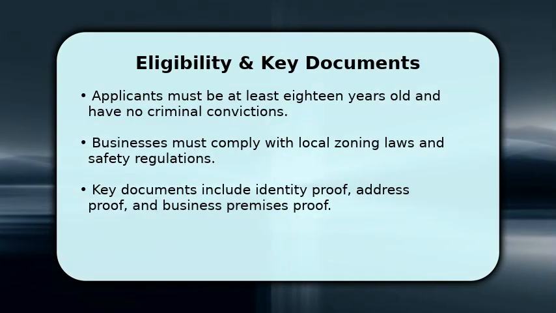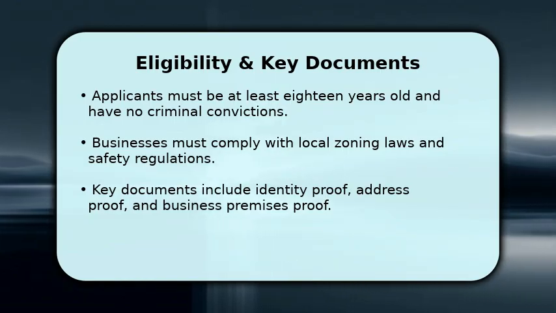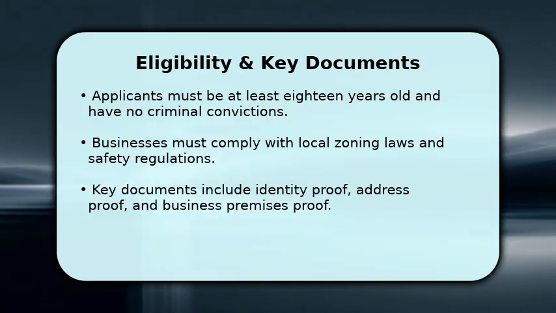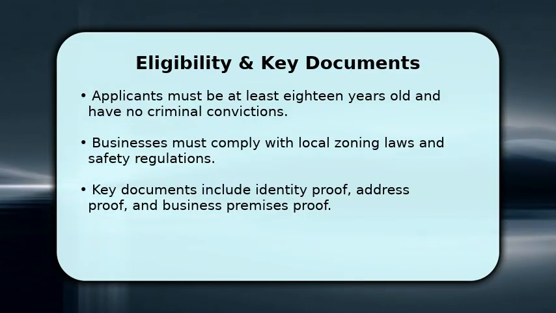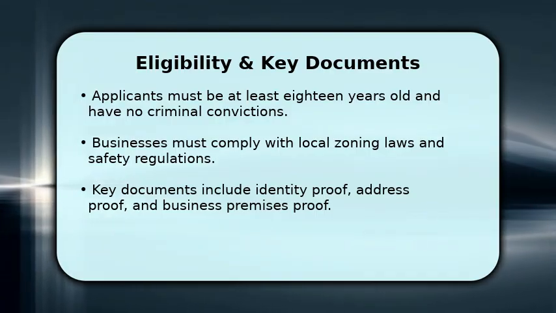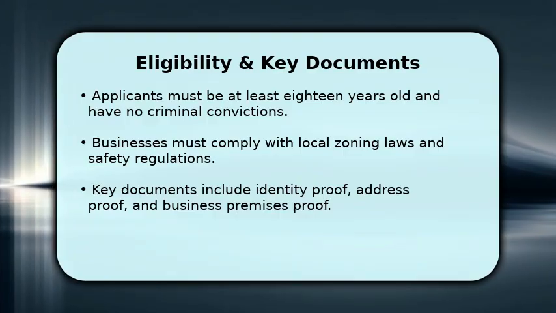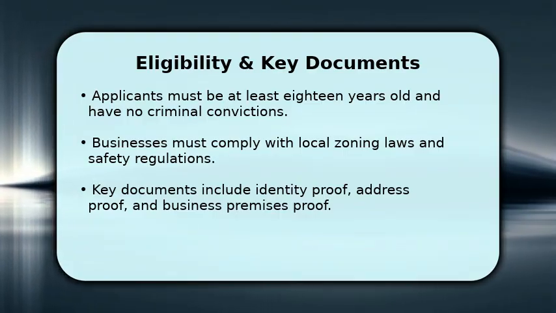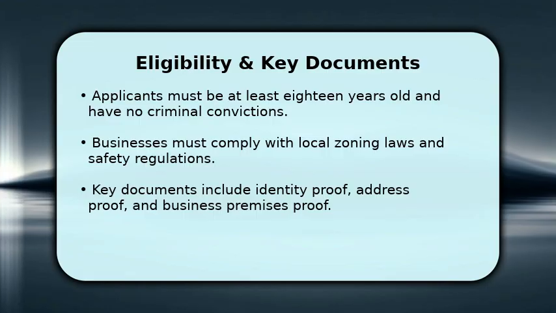To be eligible for a trade license in Karnataka, you must be at least 18 years old and have no criminal record. Your business must also adhere to local zoning laws and safety regulations. When applying, you will need to provide identity and address proof, along with documents verifying your business premises. Depending on your business type, no objection certificates from the property owner or other departments like the Pollution Control Board